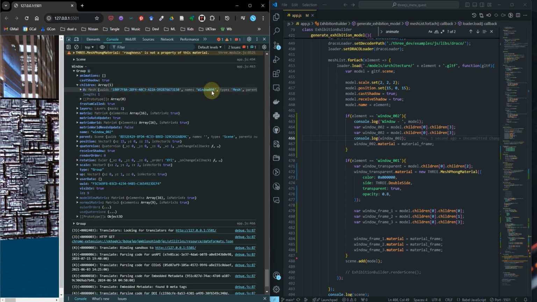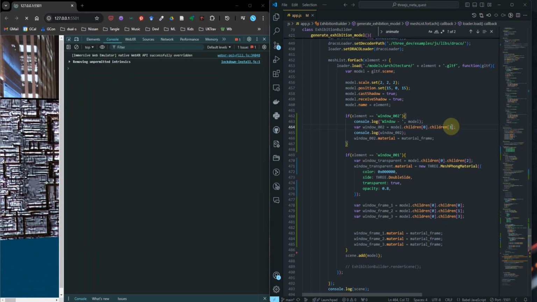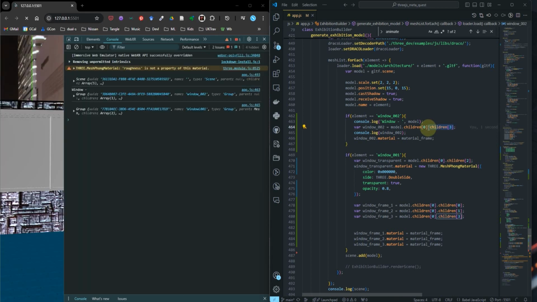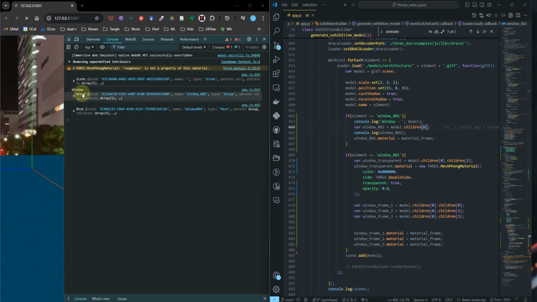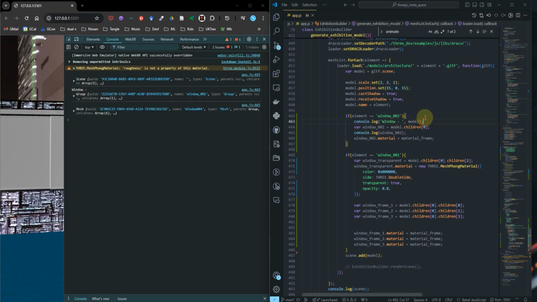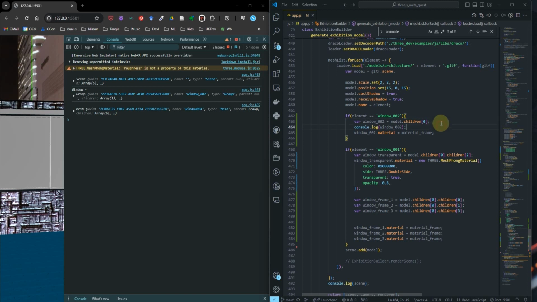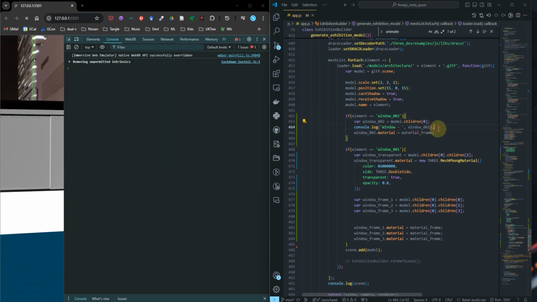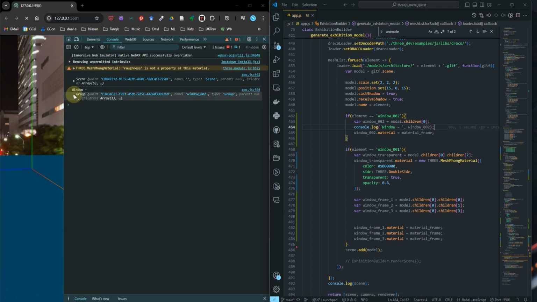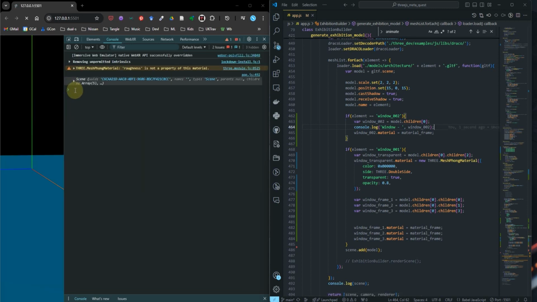That's window 004. So we're probably not getting it right here. So if you set this to window children 0, that's still what name. Then we'll probably come down here, put window 002 in here. See what then. So it's a group